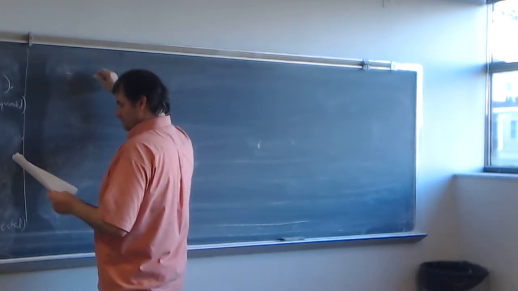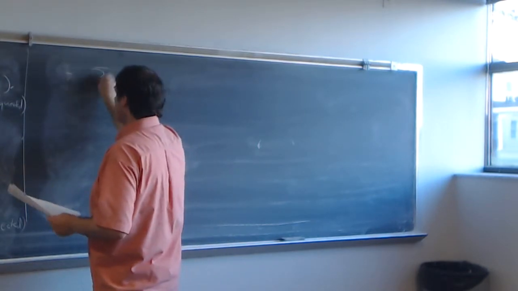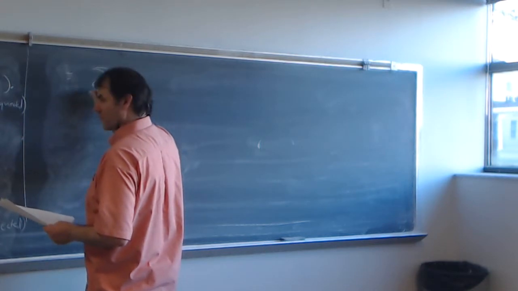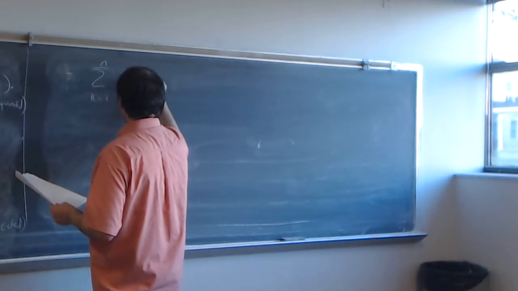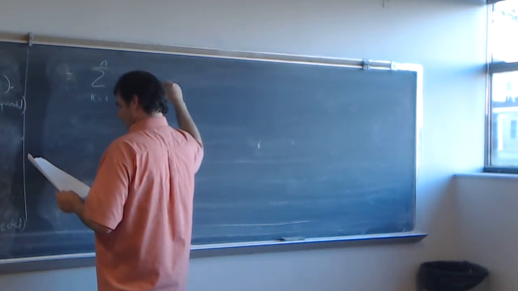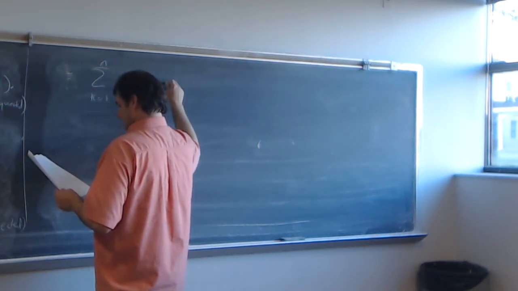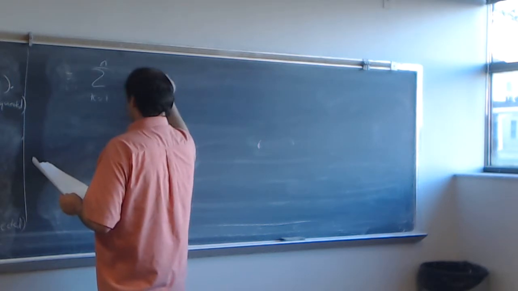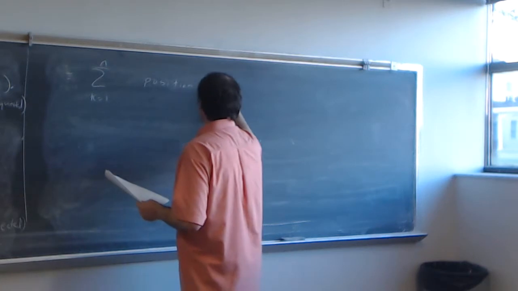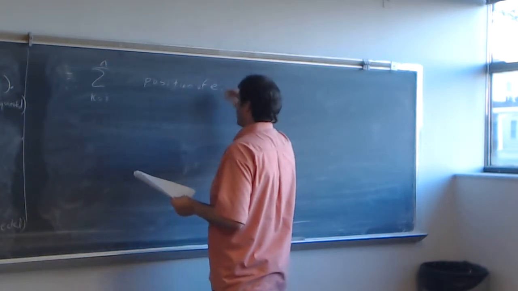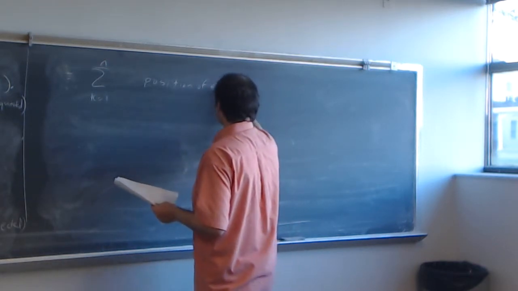So that's equal to the sum over k running from 1 to n. Here this would be k, that's the position of E_i, times the probability